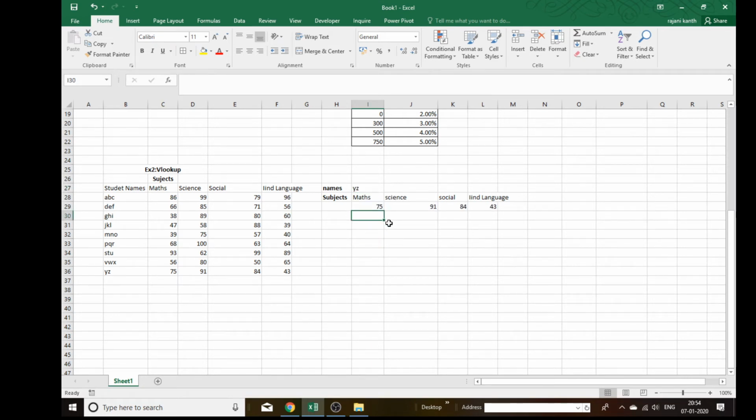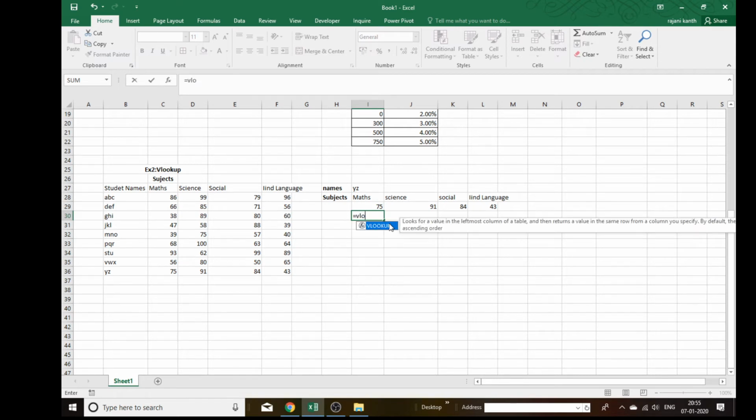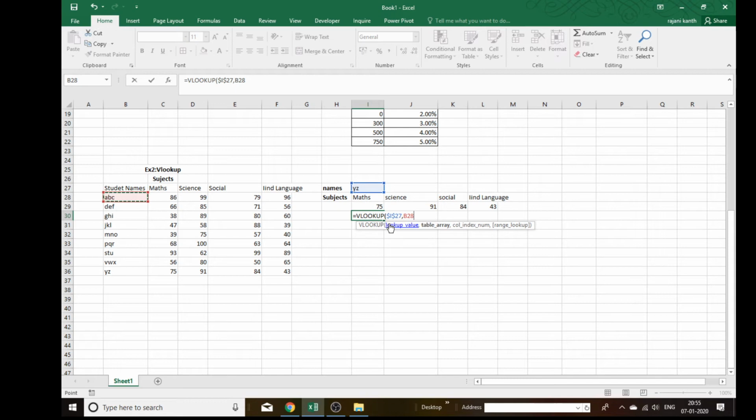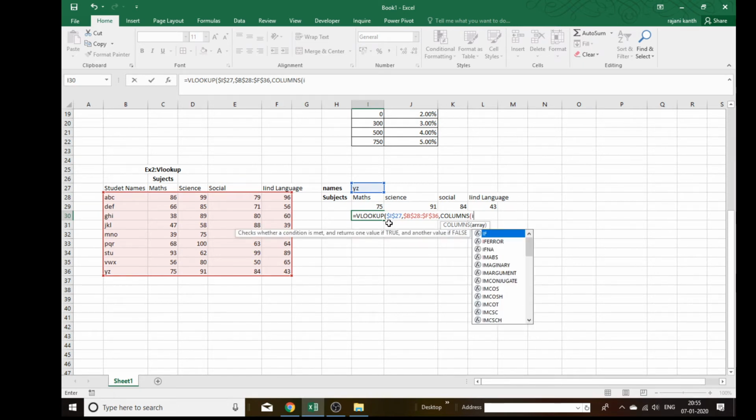Okay. Now coming to another method. These are the two methods I am showing for how to do VLOOKUP. Okay, this is another method. VLOOKUP. This one, lock from all directions. Select the data. Right, select the data. F4 to lock. Here, columns. $30. You have to choose the column, not the row. Okay. $I30.